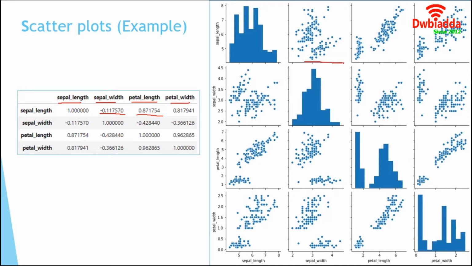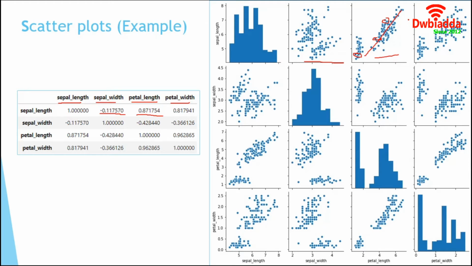This first plot is for sepal length and sepal width. The next one is for sepal length and petal length. The trend of the data points is almost linear in this case, so they have high correlation. To determine positive or negative, we have to consider a few points. Suppose we are taking this one, and this one. With the increase of x, the value of y is also increasing. So this is a representation of positive correlation.